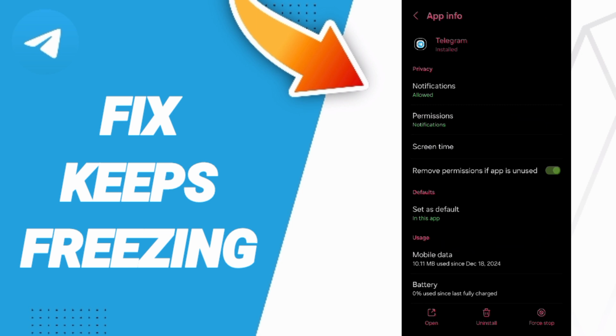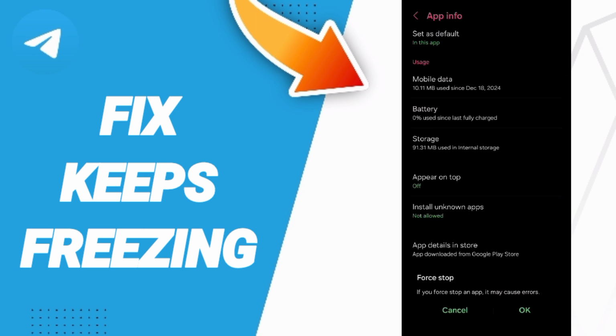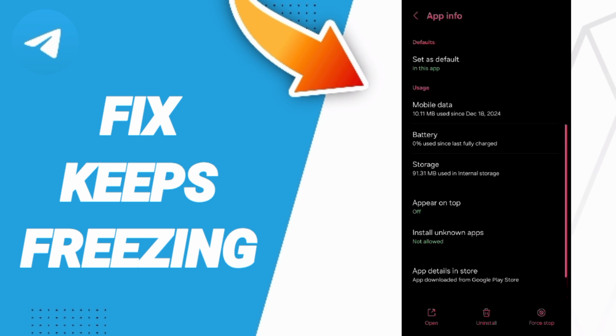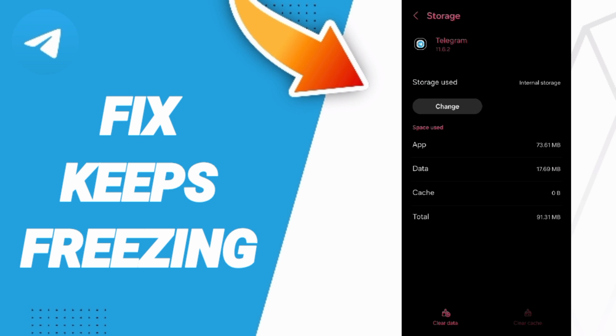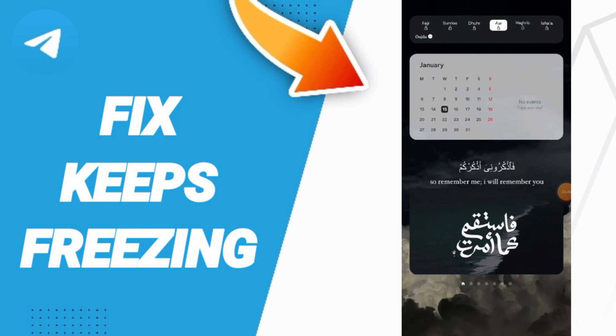Here in this page of app info, you will first tap stop and click OK. Here you will enter the storage window. In this page you will click on clear cache. In the end, you can turn off your phone and wait a moment to restart your phone again